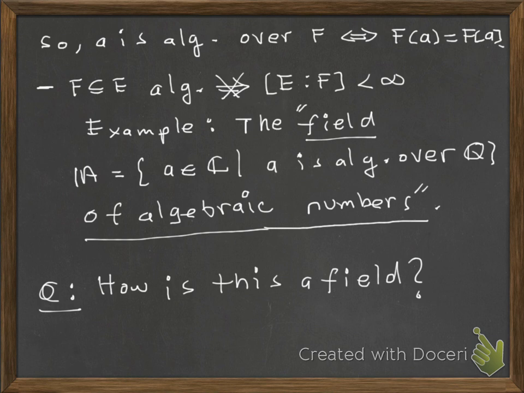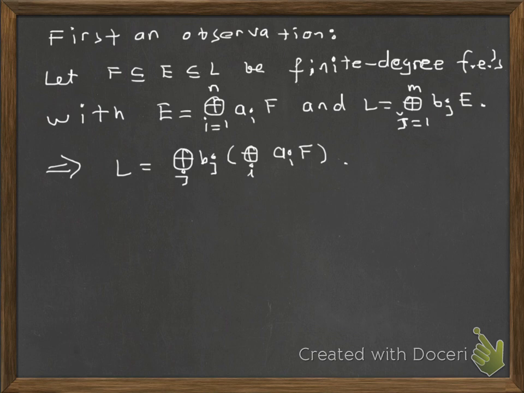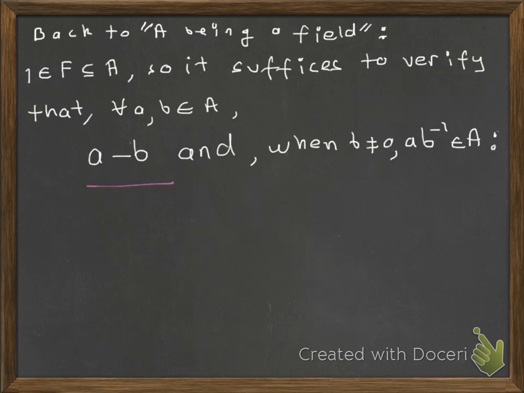Okay? So we will prove it's a field, but we'll prove it for this more generic case where this is any extension and A is constructed similarly, namely defined to be the set of all algebraic elements of E over F. To prove it's a field means that A is a subgroup of E with respect to the addition of E, and non-zero elements of A form a subgroup of the non-zero elements of E. That means we'll do this. But before that,